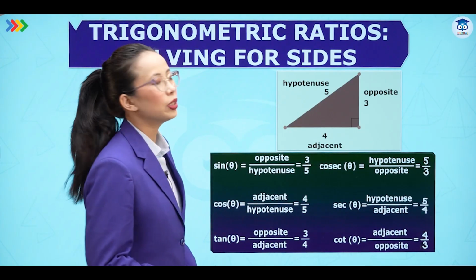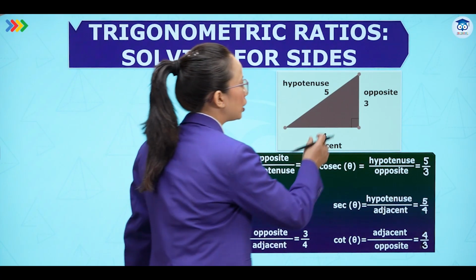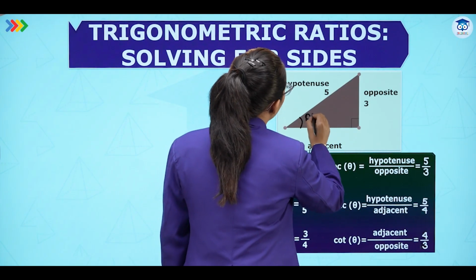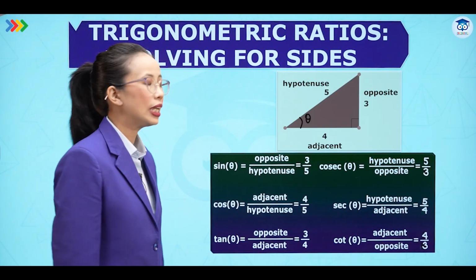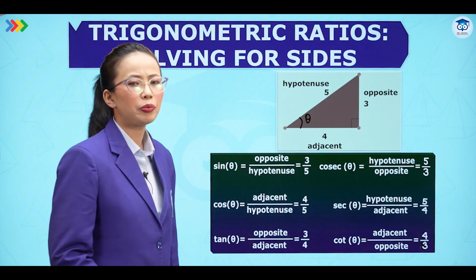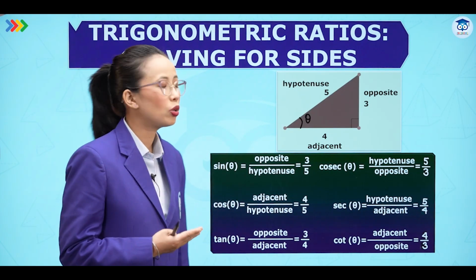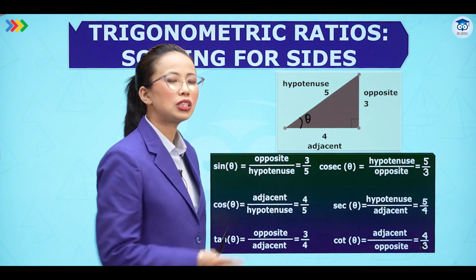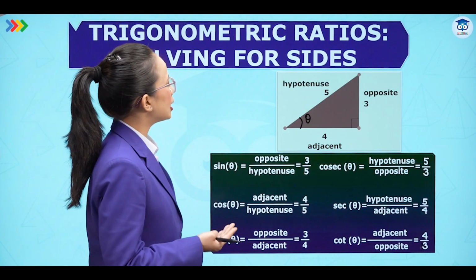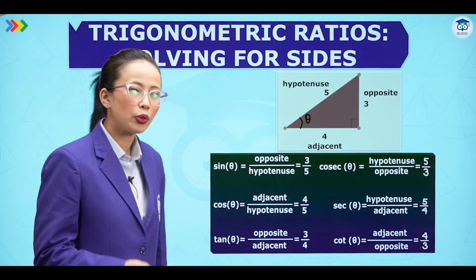So, let's understand with one example. Suppose we consider this right angle triangle with opposite 3. If we consider this as opposite, then this becomes our angle of consideration theta, right? Then adjacent is 4 and hypotenuse is 5, right? And here we can check whether it follows the Pythagoras theorem or not. We know that 3 square plus 4 square is equal to 5 square. So, it is true.